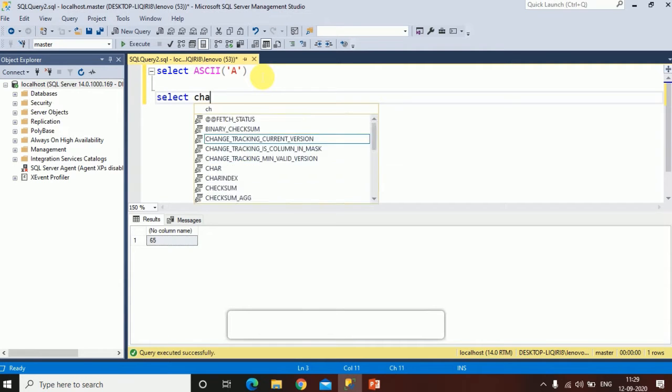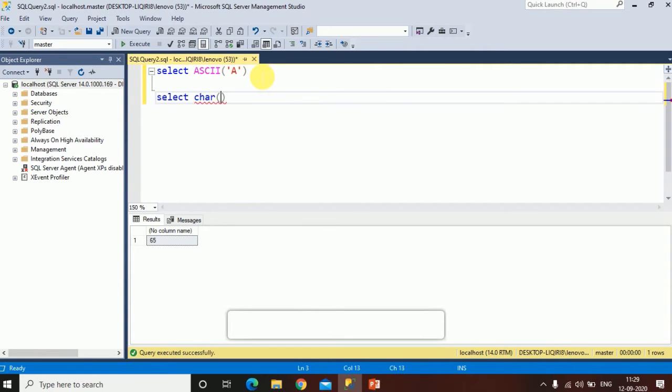Select CHAR of ASCII code 65. When I run this, it returns the character A. So if we want to find the ASCII code of any character, we will use the ASCII function, and if we have the ASCII code and want to find the character, we'll use the CHAR function.